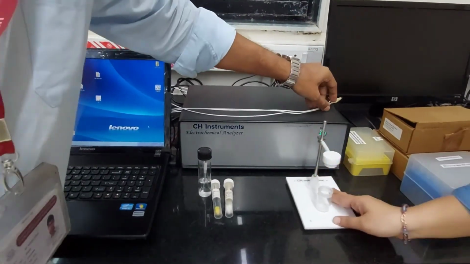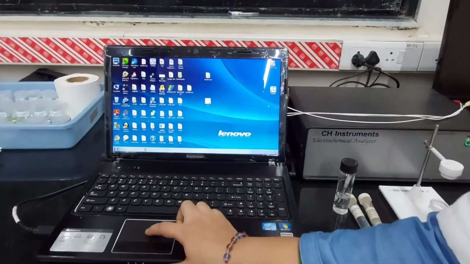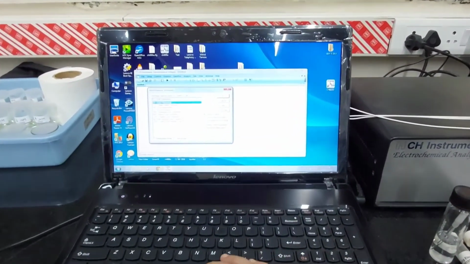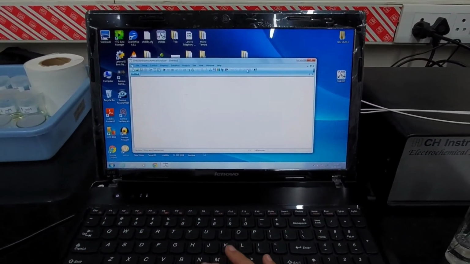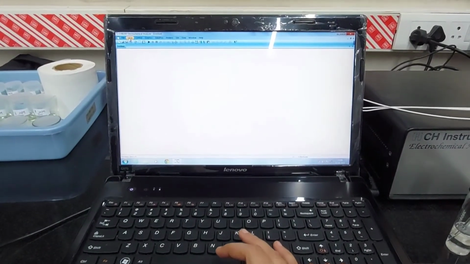I'll leave these electrodes here for a minute. This is the software which we are going to use for this instrument. So it is directly asking us the technique, but we will not do the technique first. First we will do a hardware test.